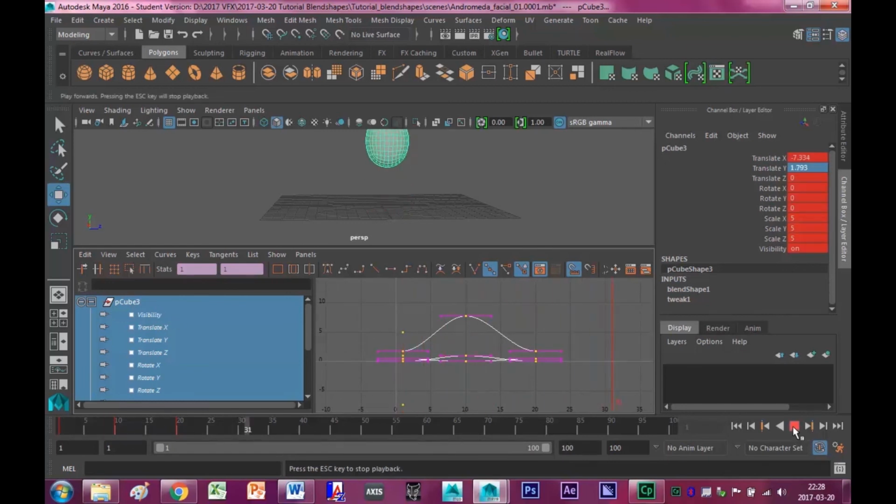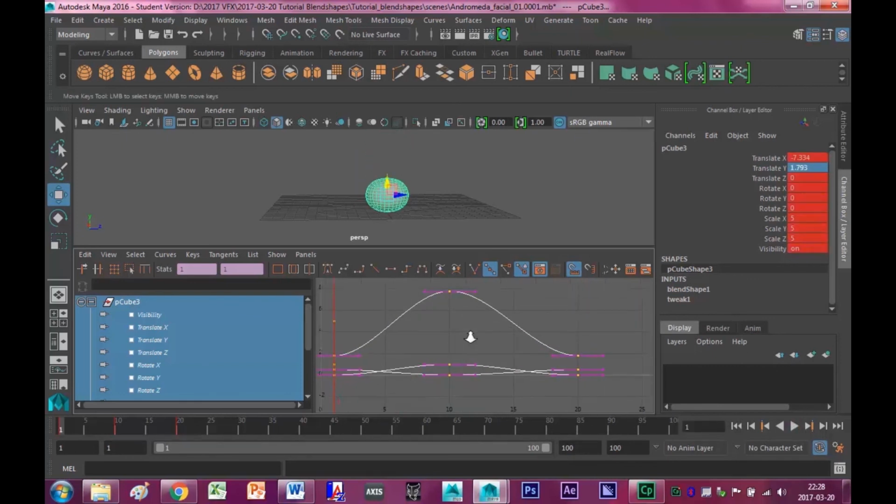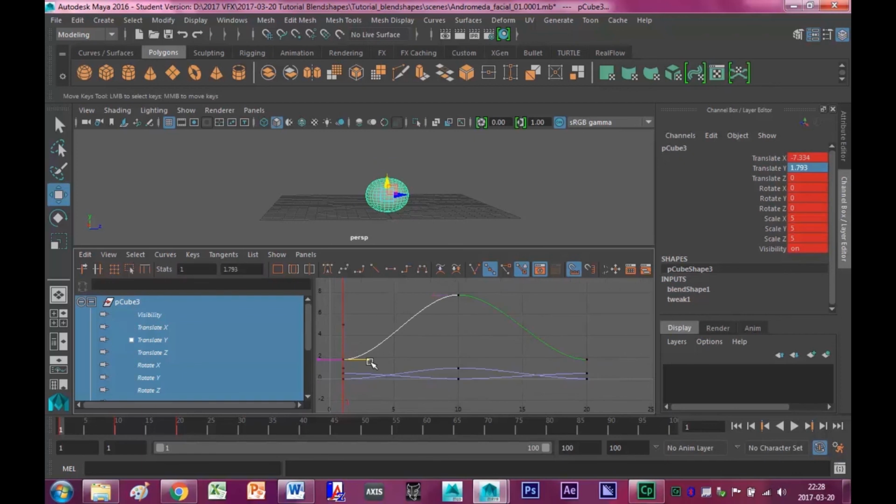Now we're going to change some things to make the bounce look more realistic. Select the first key and click the icon from the top menu and do the same from the last frame. Now the ball should speed up when it's near to the ground and slow down when it is in the highest point. You can adjust the settings a bit more manually.